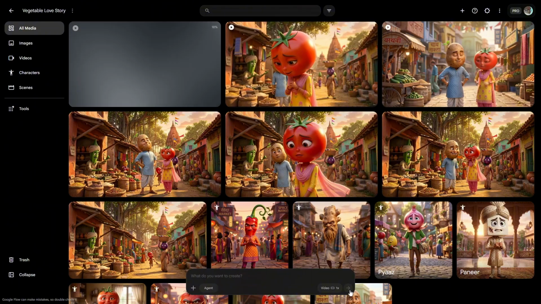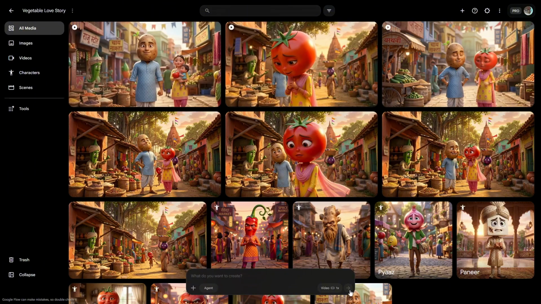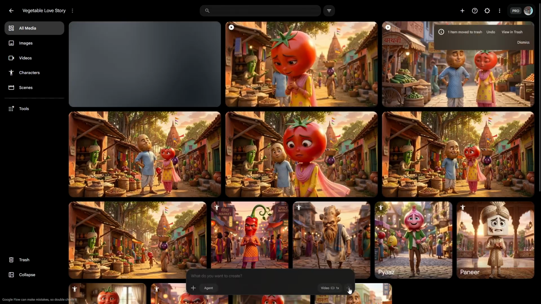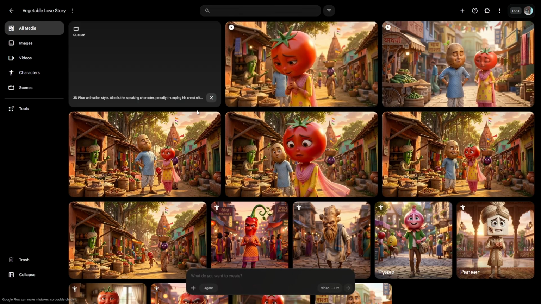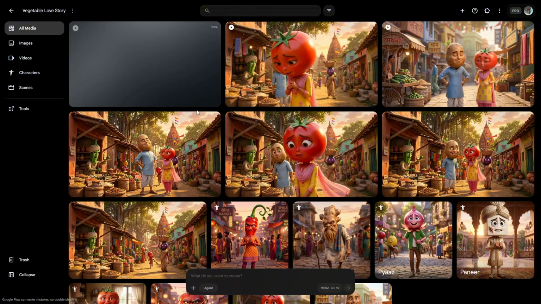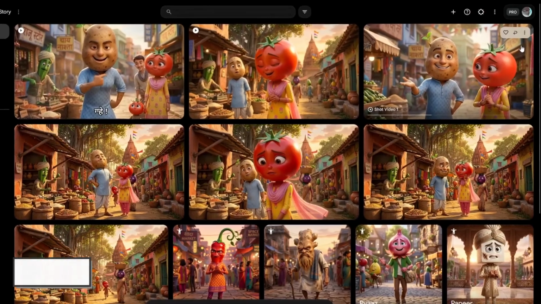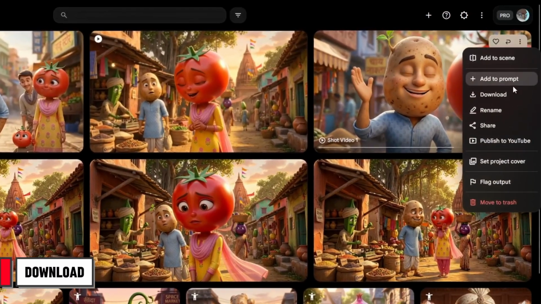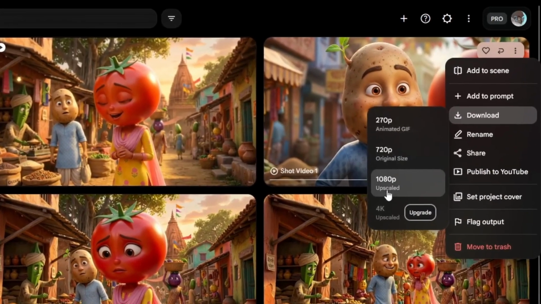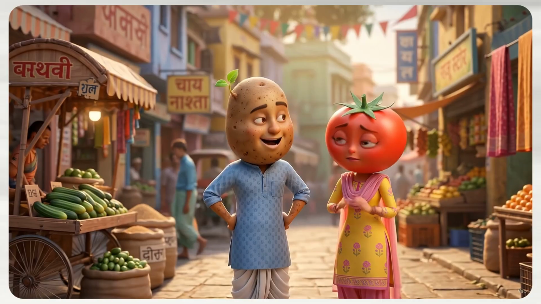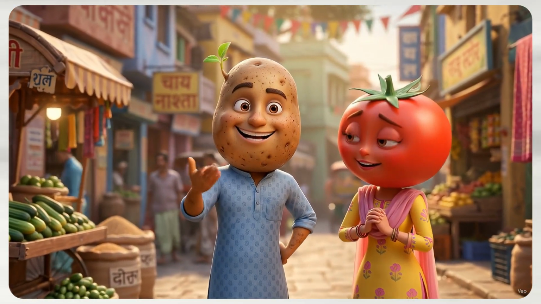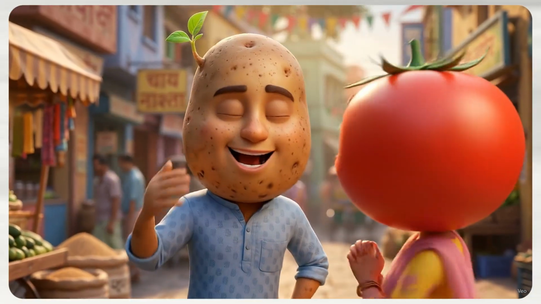To stretch those free clips, only your big emotional shots need full animation. The rest can be a still image with a slow zoom, which looks just as good and costs nothing. And if a clip comes out faulty, just regenerate it. That's totally normal. To download a clip, hover over the video, click the 3 dots, hover over download and pick the quality you want. And that's how you create a full viral vegetable love story, completely free with no drawing